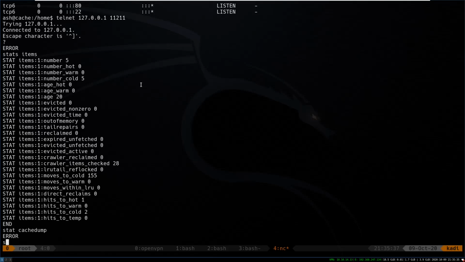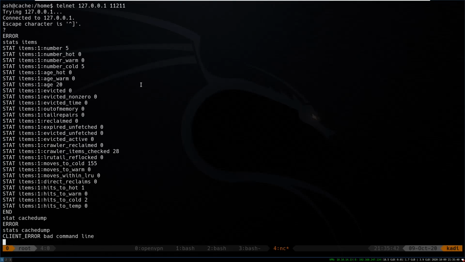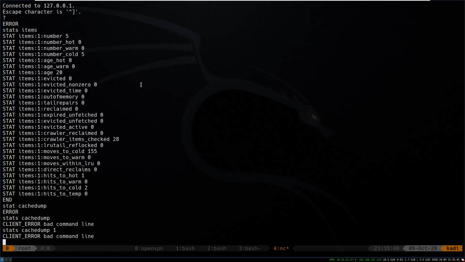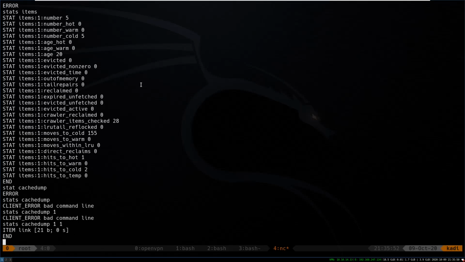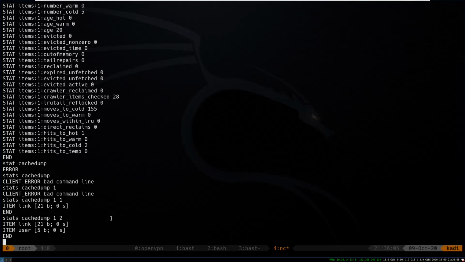So maybe we could stats cache dump. No, it doesn't like that. Stats cachedump. Okay. Stats cachedump 1. Okay, so I think this is the amount maybe. So if we did stats cachedump 1, 2, it shows us 2 results, and we have link and user,